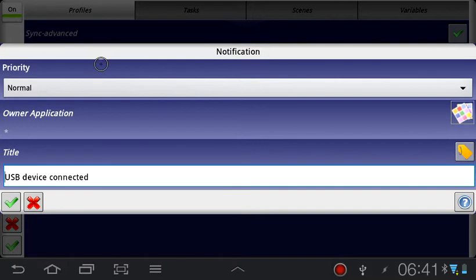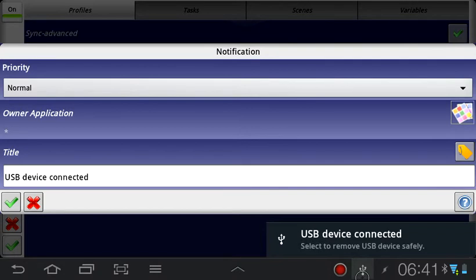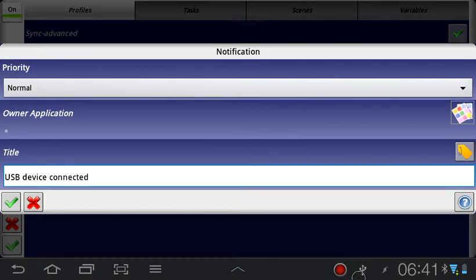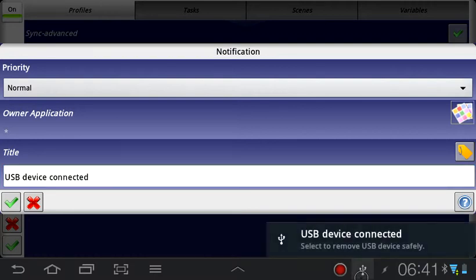And in this case that's USB device connected, and that's the notification that pops up when you connect a USB drive. So I think that's universal for all Android devices, but if it doesn't work for you, then it might be something different. So just try plugging in your device and see what this little notification actually says, and then